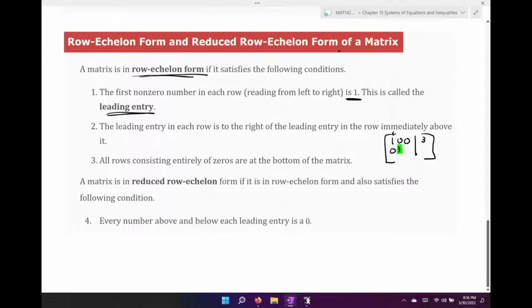And that means that the next, and I'm just going to make up some numbers here, 3 and 4. So for the next entry, it has to be a 1, and it has to be one column over, one row down. And this could be something like -3. All right, and I'll highlight this as well. Okay, so these are going to be all of our entries right there. So number 1, the first non-zero number in each row has to be a 1. We have that. Number 2, the leading entry in each row is to the right of the leading entry in the row immediately above it. And then number 3,